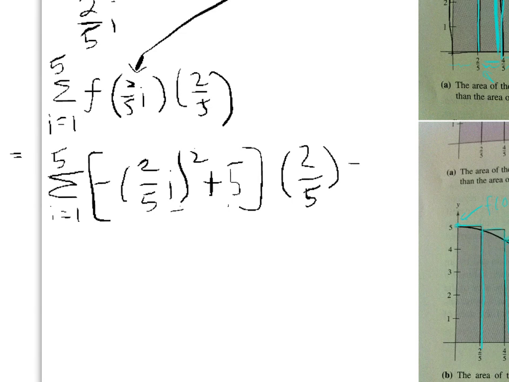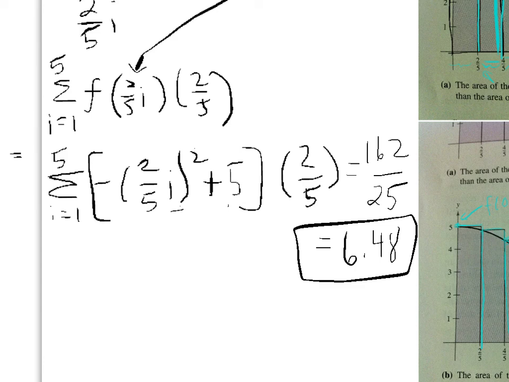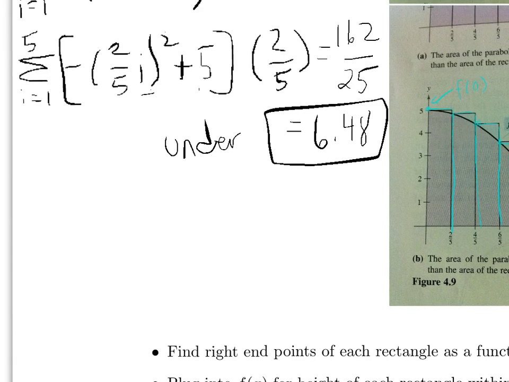But we end up with a single number value, and that is 162 over 25, which in decimal form is 6.48, which we will come back to. These are the rectangles that are under the curve, also called the lower sum. All right, the second example here